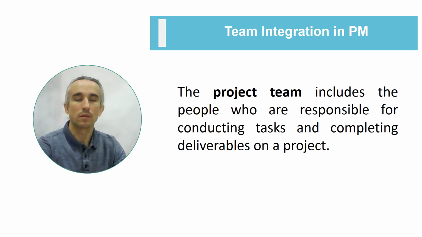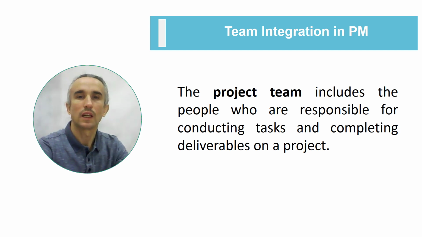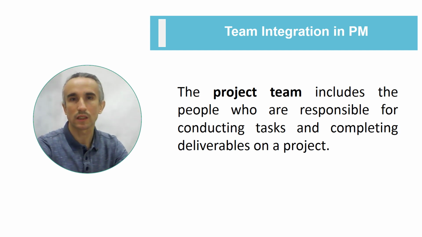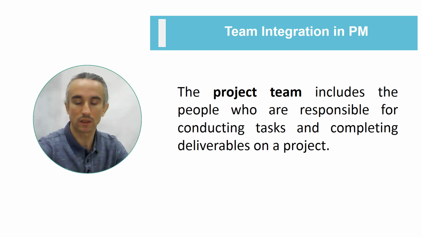What does the project team mean? The project team, as we have understood from our discussion during the practical classes, is a group of people who have a common goal, a common vision of the project itself, and a common understanding of the way how the mission is supposed to be realized. So the project team includes the people who are responsible. Responsibility is one of the principles of participation in each and every team, and especially in the project team while we are talking about the result.